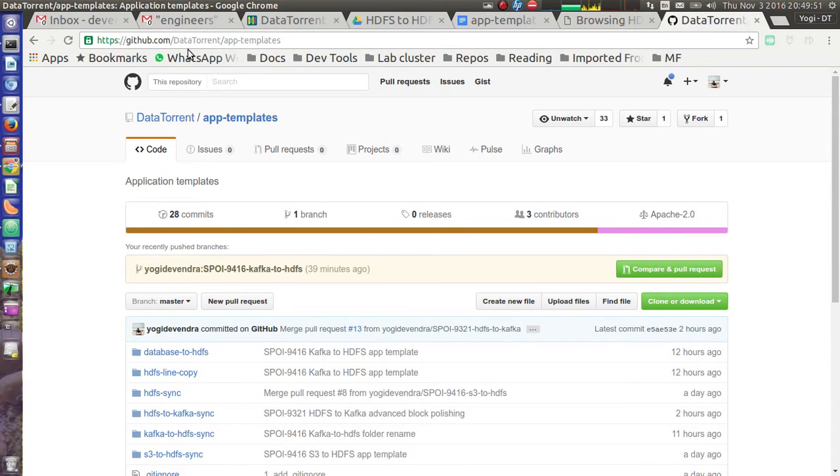It is hosted on GitHub under the DataTorrent apps template repository. So you can fork this repository and clone it locally, and this is open source under Apache 2.0 license.